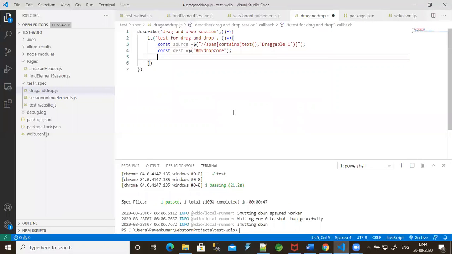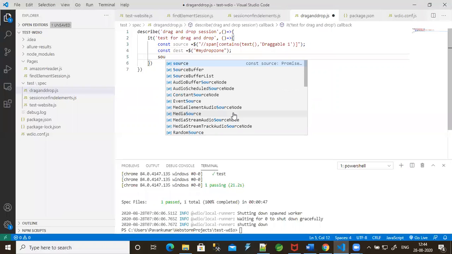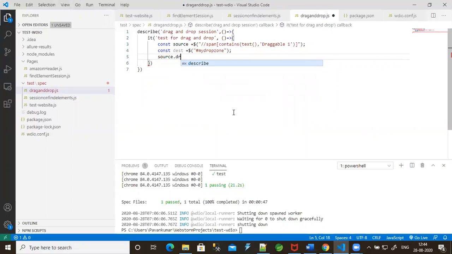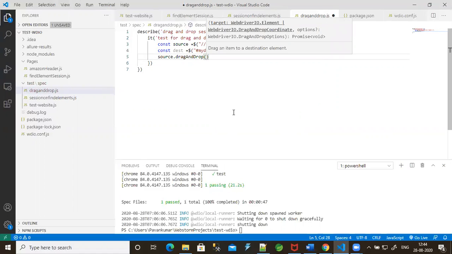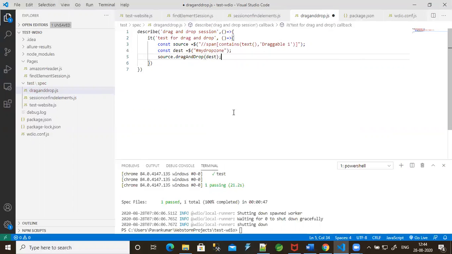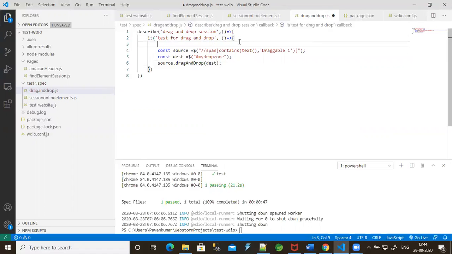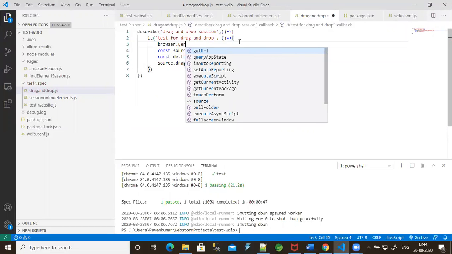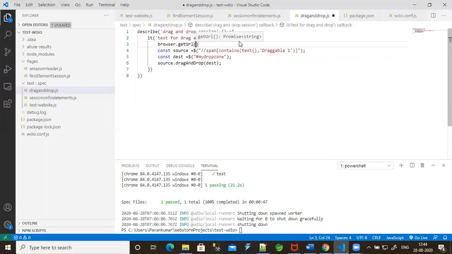Now I have to use the drag and drop method. How do we use it? The source variable dot drag and drop, and inside, mention the target, dest. We need to give the browser URL, browser dot URL.